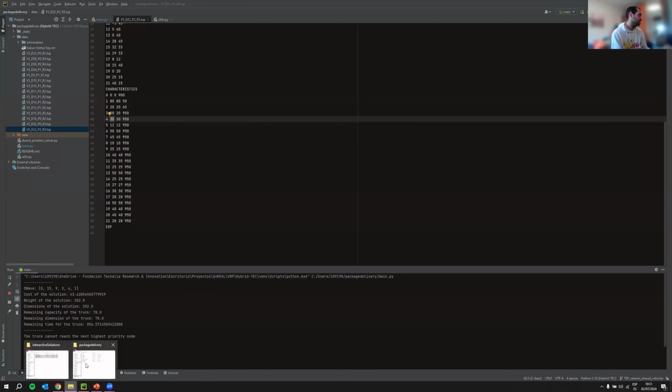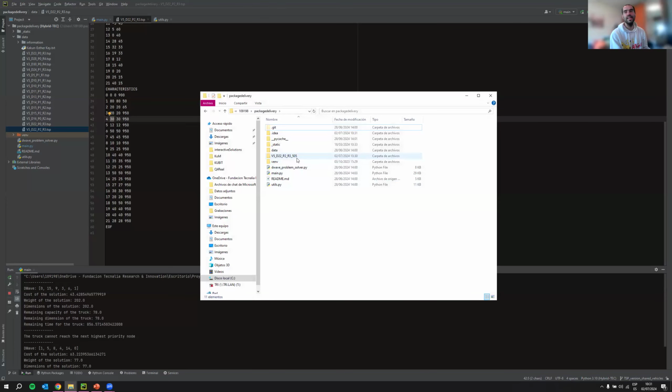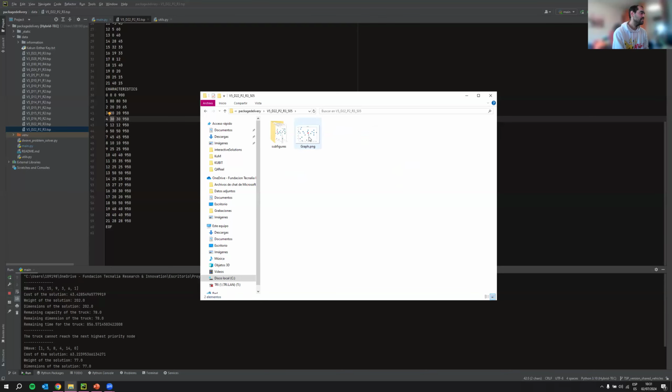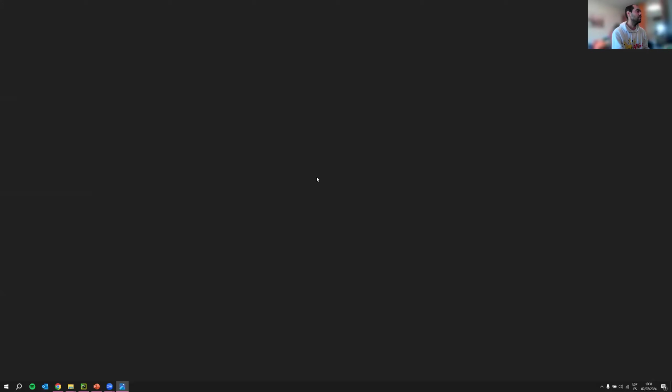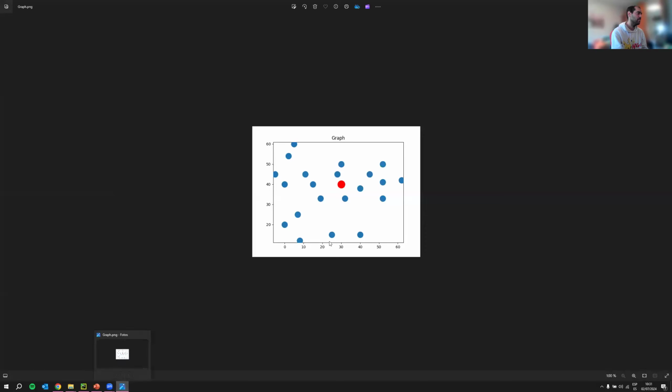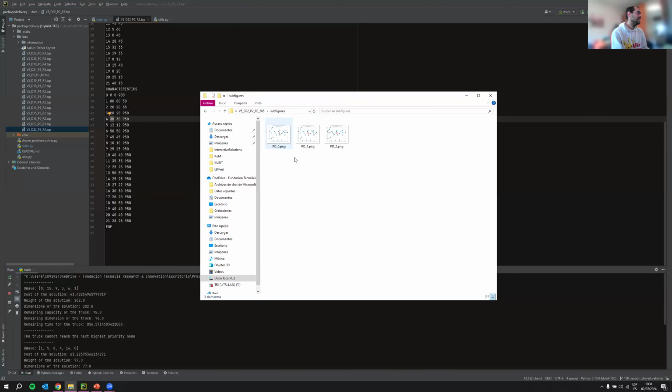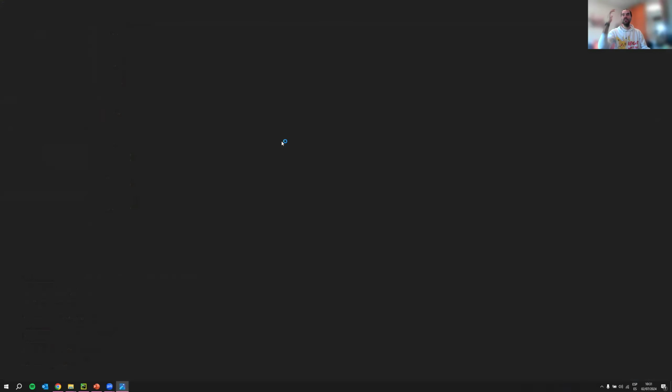We are going to see how. Here we have created a folder for dropping the solution. This is first the geographical location of all the clients and the pod. Okay, it's opening. This is the pod. These are all the clients. And now, little by little, the solver is building the different kind of routes.